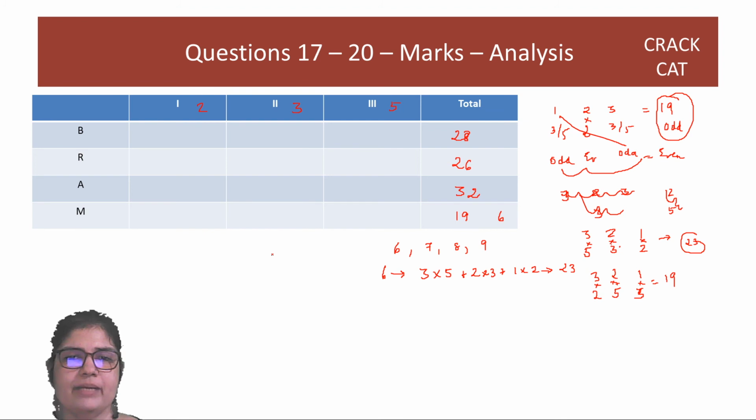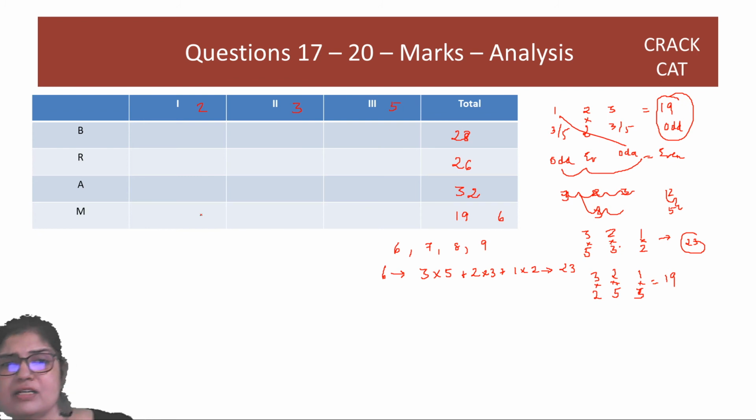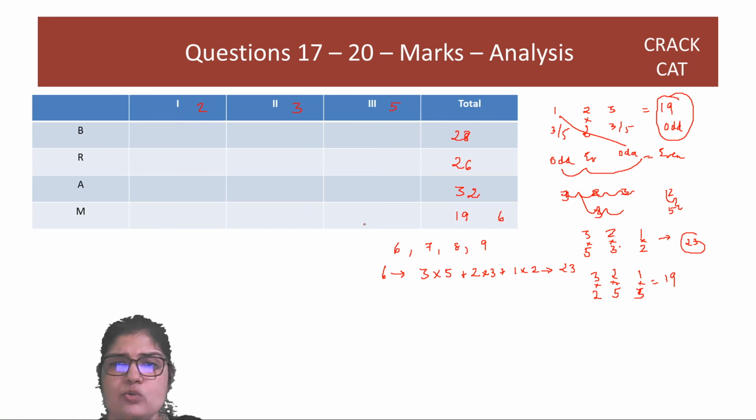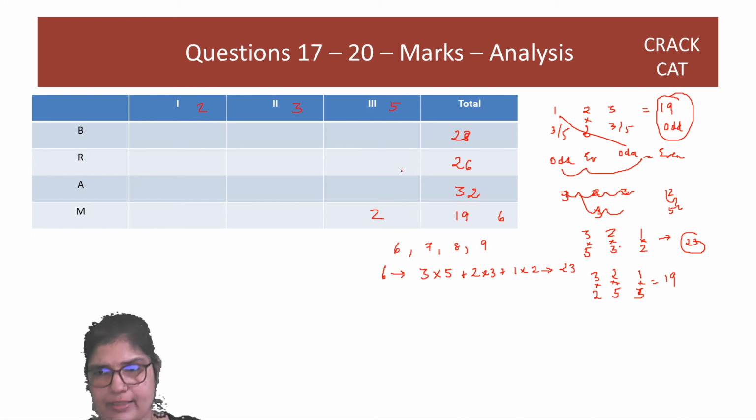Okay, so you have attempted 5 markers, there you have attempted 2 questions, so 2 into 5 you get 10. On 3 markers, what have we attempted, guys? On 3 markers we have attempted, I'm just getting so lost, 1 question, right? And on 2 markers you have attempted 3 questions, then you get the sum of 19, right?